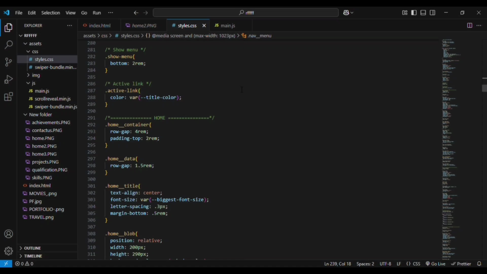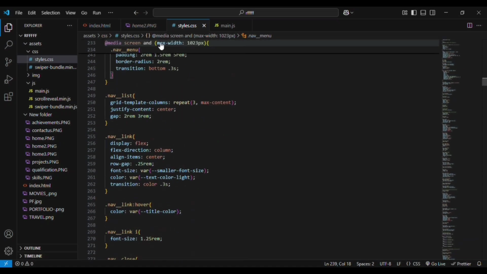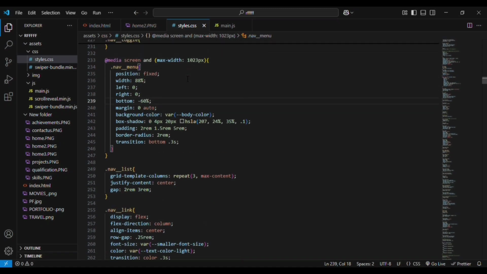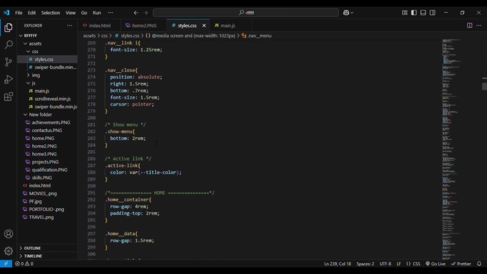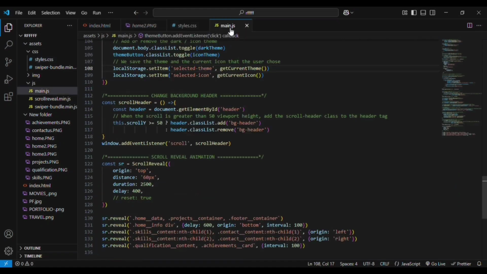You can see that the show menu is the one that will help us in making the bottom value. You can see the bottom value is minus 60%, right? So here, by giving the show menu as the bottom value, we are going to make it visible. I'll tell you how. We will have the menu icon, right? So whenever you click on the menu icon,